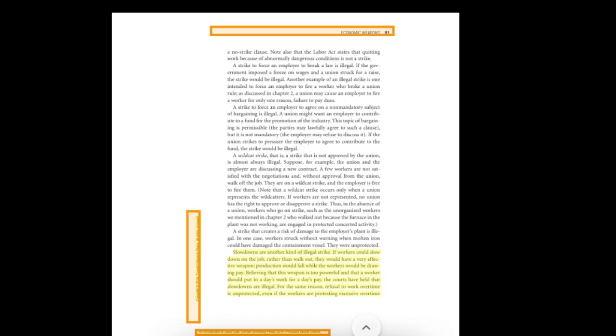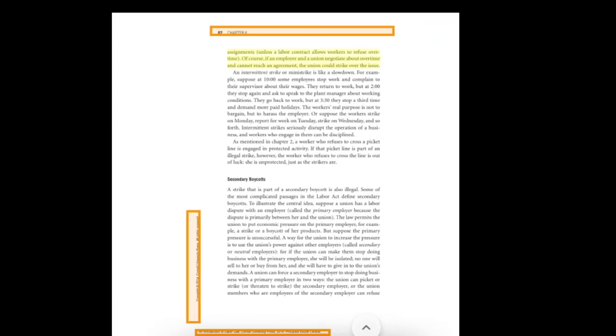Believing that this weapon is too powerful and that a worker should put in a day's work for a day's pay, the courts have held that slowdowns are illegal. For the same reason, refusal to work overtime is unprotected, even if the workers are protesting excessive overtime assignments, unless a labor contract allows workers to refuse overtime. Of course, if an employer and a union negotiate about overtime and cannot reach an agreement, the union could strike